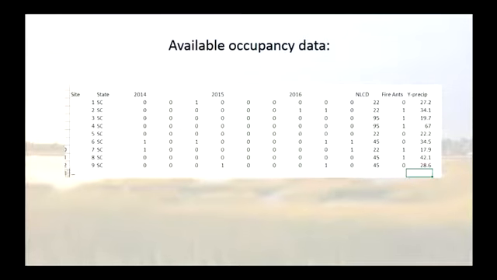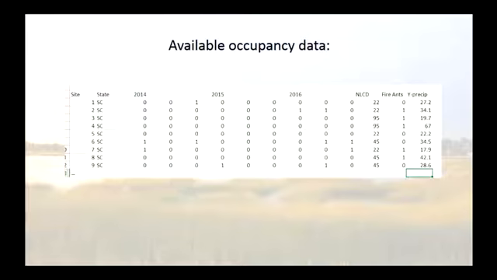As part of this process, the service does a data call. They reach out to all of the state agencies and potential researchers and universities, and they say, we're about to make this decision about whether or not to list this species. If you have any data or information that you're willing to share with us about the species that might help us make our decision, please send it our way.